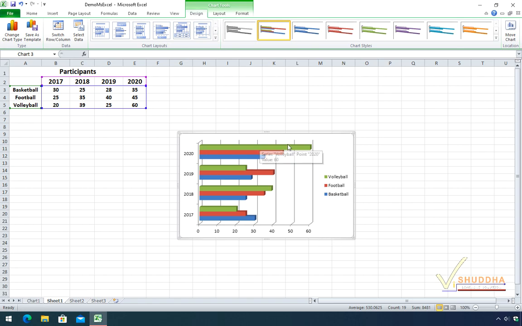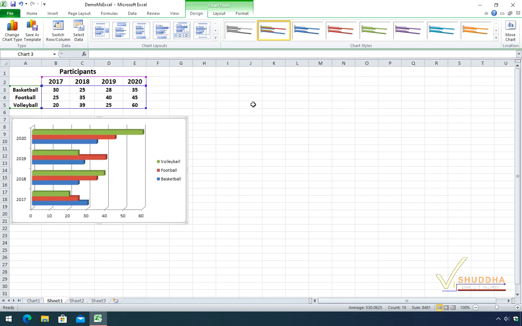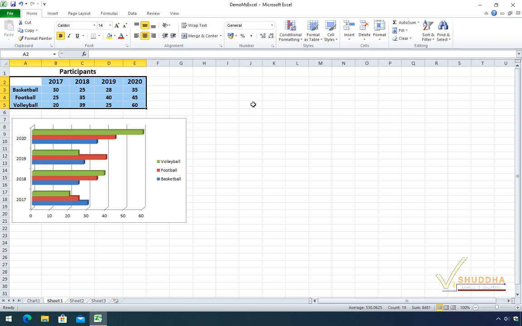This time the values are not appearing as the height of the columns, rather they are appearing like the progress length in the form of the width of the rows. Now let's place it at a side. Press the escape key and now you are back in the worksheet.